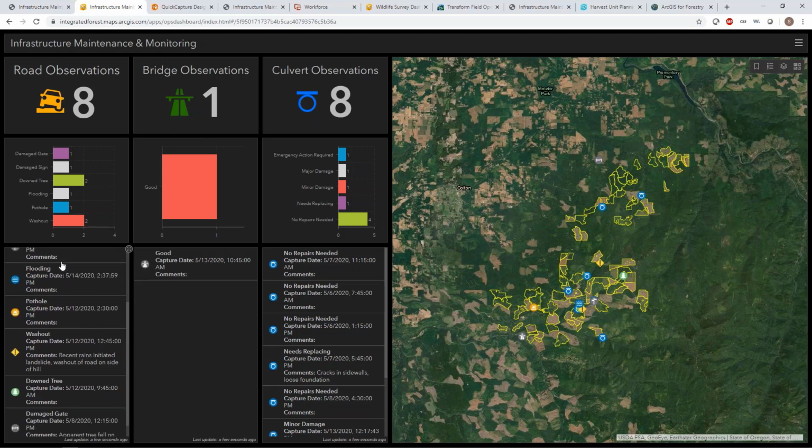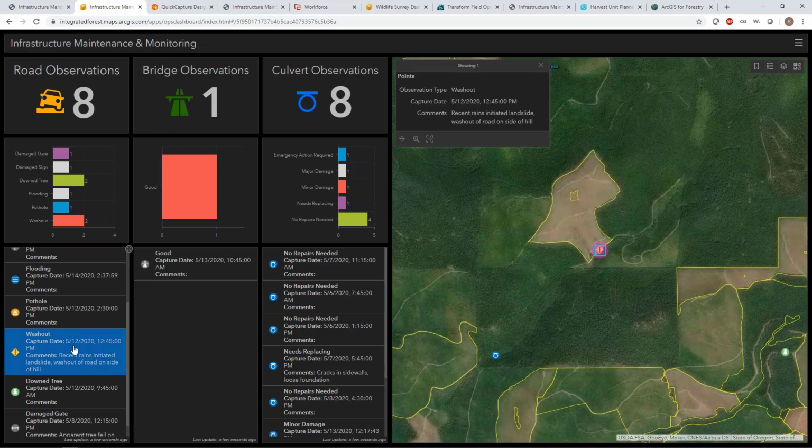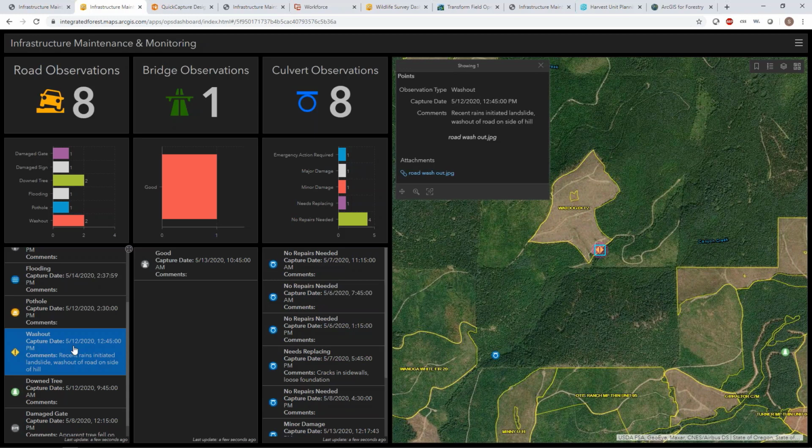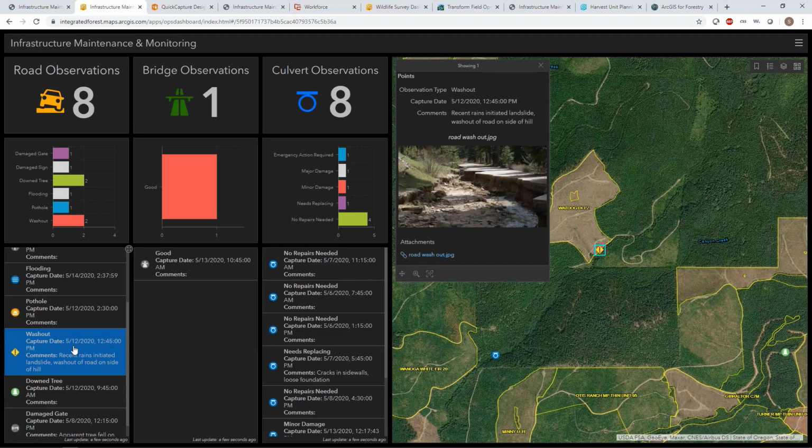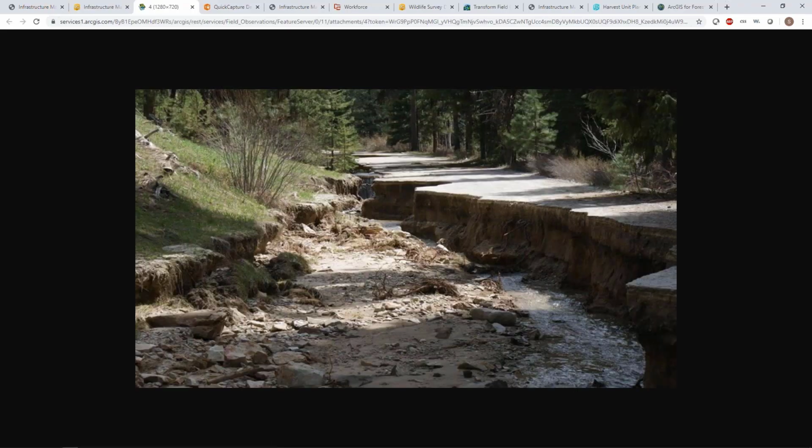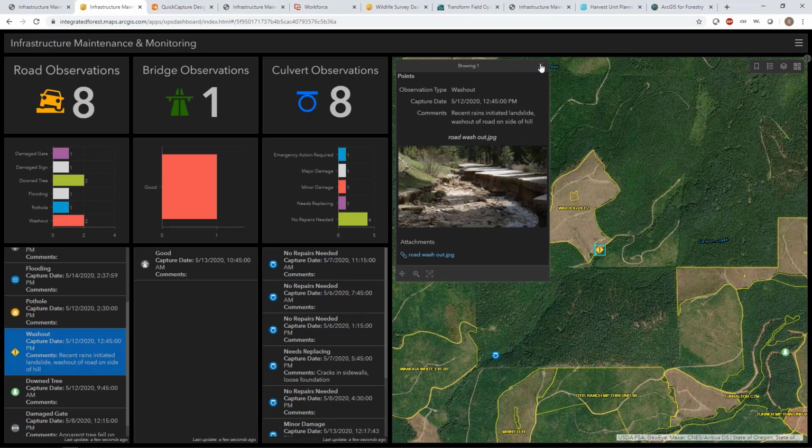So what this allows us to do is get the information into the hands of those decision makers, give those decision makers the ability to automatically review this information that's being added from the field. So in this case, I've got a washout that was recorded. I can see exactly when it was captured, any comments that the forester driving through the forest out there wanted to convey, and then in this case, they snapped a quick picture, and I'm able to automatically open that up, do a quick identification, maybe classification of some of the issues, and be able to take some next steps.